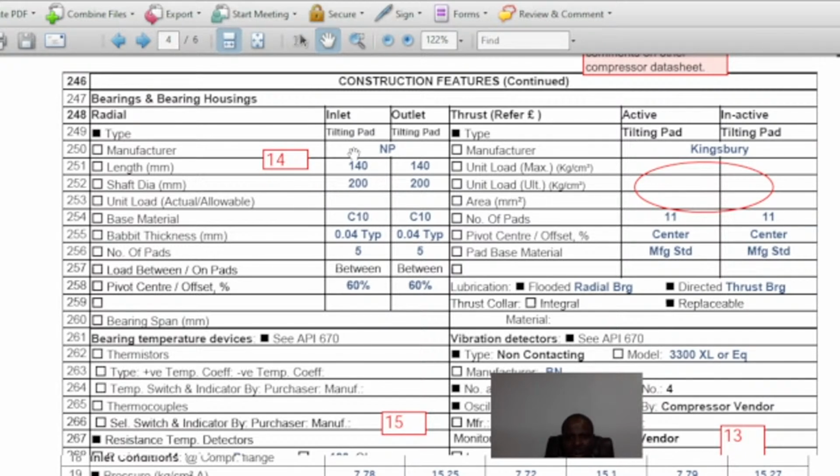So the manufacturer information must also be provided. So what is the length? What is the shaft diameter? What is the base material? This information must now be furnished by the vendor. What is the babbitt thickness? The number of pads? The pivot center? So if this information is not provided, you have to give comments. You as a purchaser, you can just indicate,